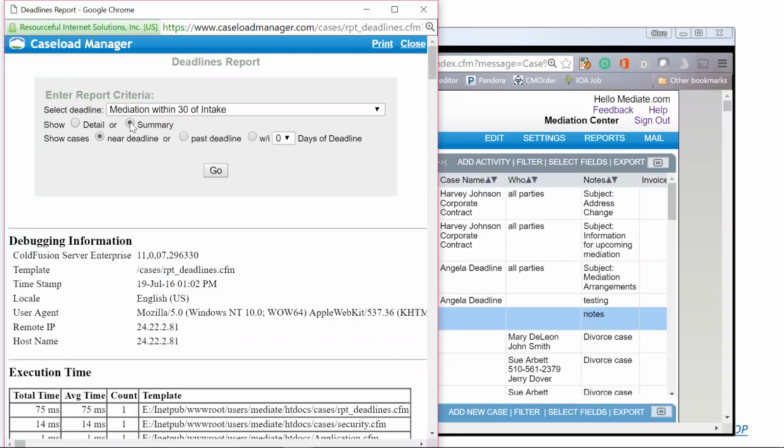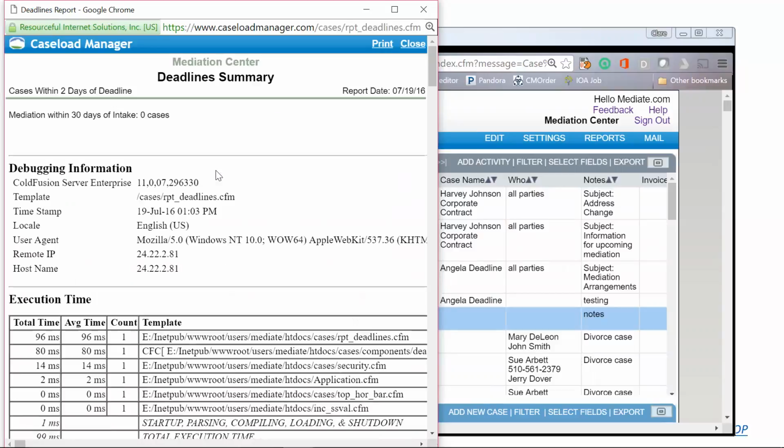And now I can get even more detailed. You guys thought we were detailed before, but wait, there's more. So I can show cases near, cases that have passed, or if I need very specific, for instance, maybe I want to look at everybody that's within 2 days of passing their deadline, because I want to give them a call and say, hey people, you've got 2 days, schedule your case or you lose your right to mediation, okay? So then if I hit go, then it will show me a summary